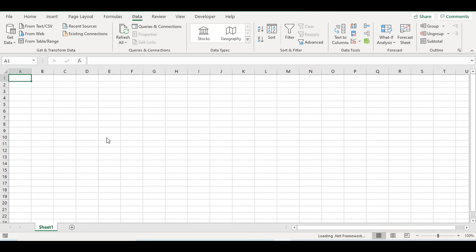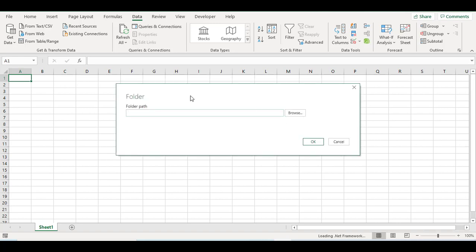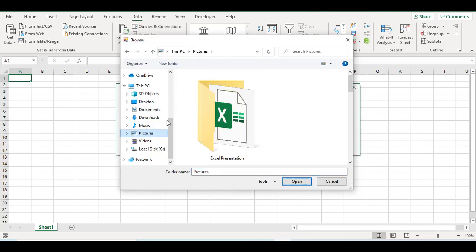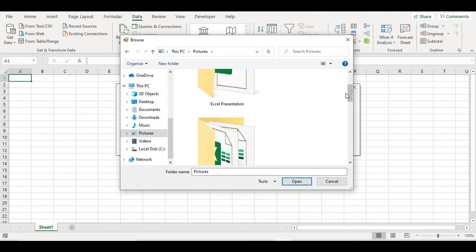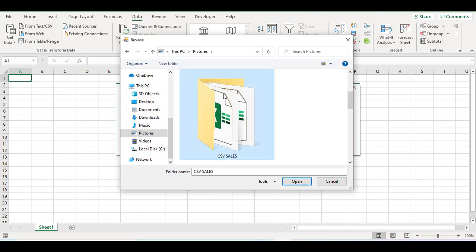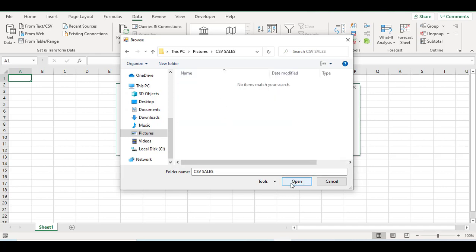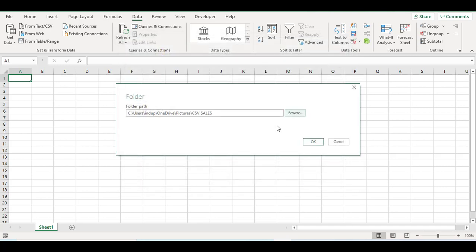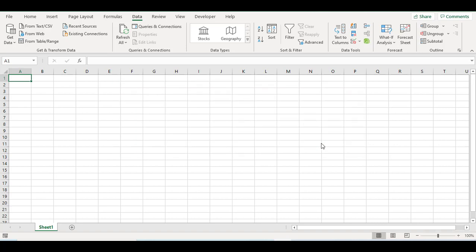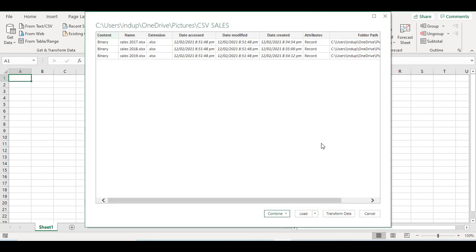and it will pop up with this box. So I want to browse because my folder is on here, so I'm going to go into pictures because that's where I put mine, and I will go into CSV sales. I don't need to double click on it, you can just click on it once, and then I'll click open, and then click on OK. So now that I've got all my three files, I will go into combine, and I'll click the drop down, and where it says combine and transform data, I will click on that,